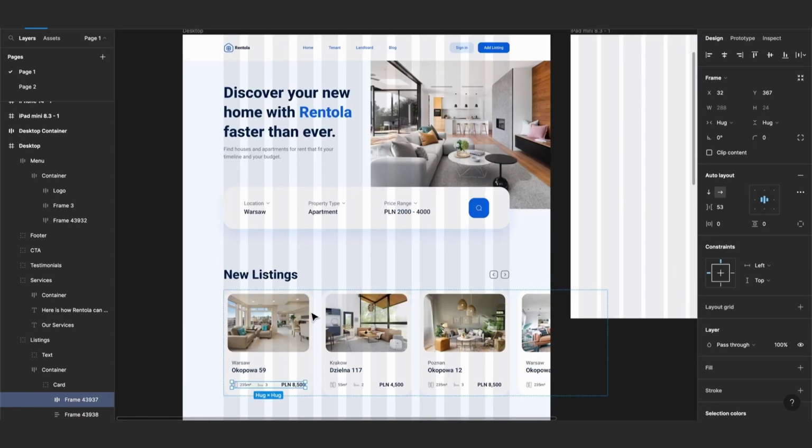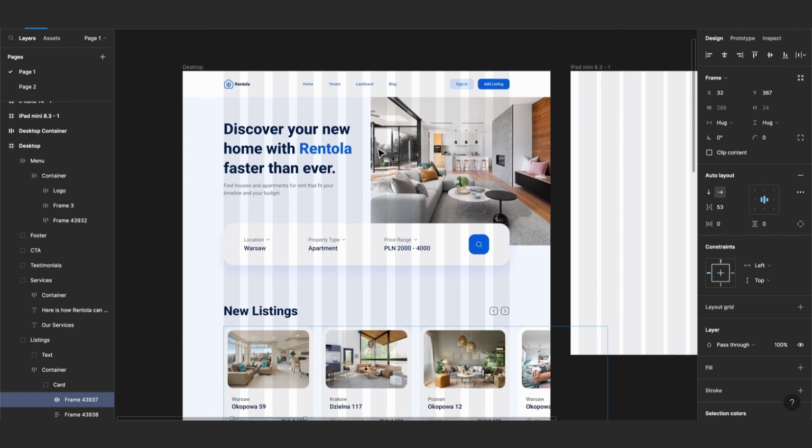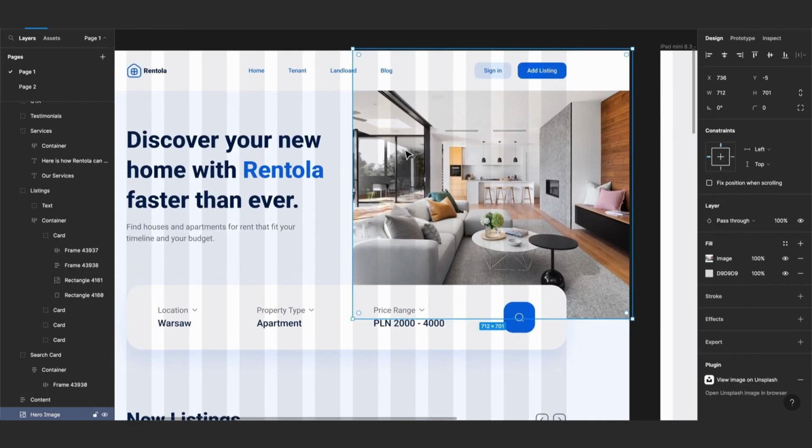And also keep in mind that a layout grid is nothing but a guide, all right? Sometimes we need to break the rule. For example, here, as you can see, this picture, this image here, is not aligned with my layout grid perfectly. As you can see, it's outside my grid, and that's fine because I intentionally put it like